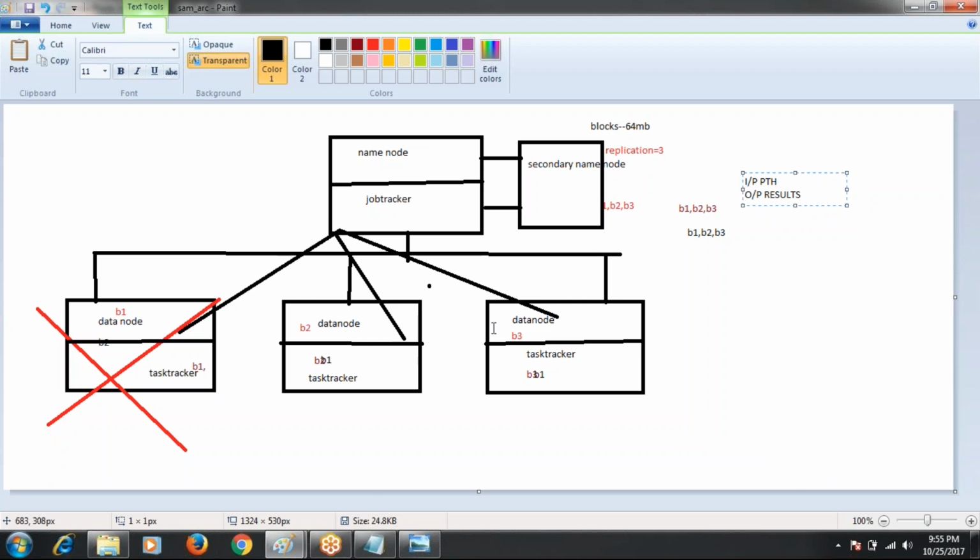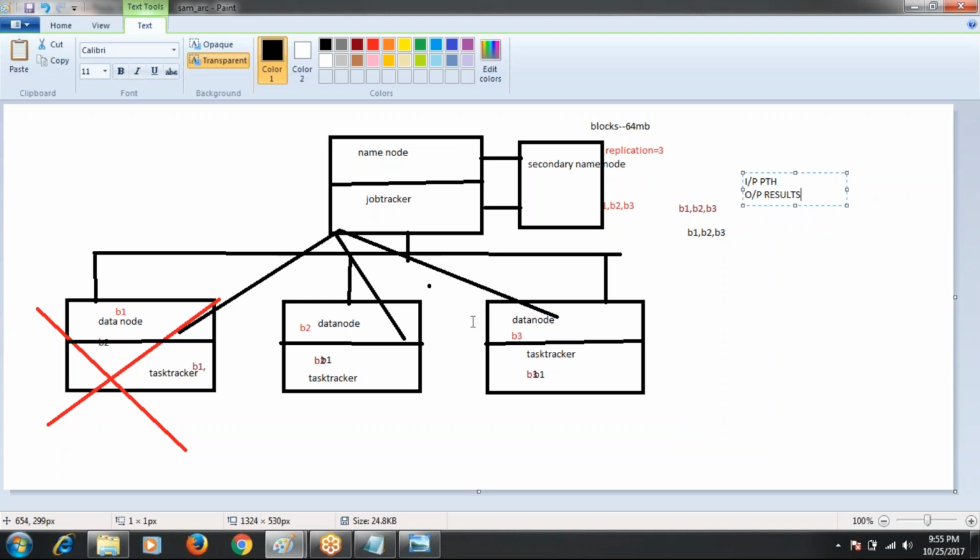Whenever we submit the MapReduce job, the job tracker takes the input data information from the name node, and based on that, it submits the MapReduce job to all the data nodes where the input data is available: data node 1, data node 2, and data node 3.